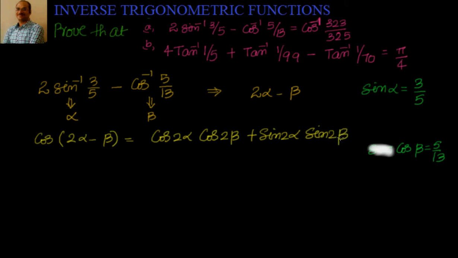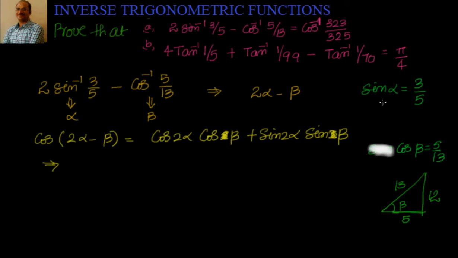Now I know sin alpha. I have to find out what is sin 2 alpha and cos 2 alpha now, and beta I'm okay fine, because it's only beta: cos 2 alpha cos beta plus sin 2 alpha sin beta. Now cos beta is 5 by 13. What will be sin beta? We know that if we just take the Pythagoras right angle triangle for that, this is beta, this is 5, this is 13, so this is 12 by Pythagoras. So sin beta equal to 12 by 13.